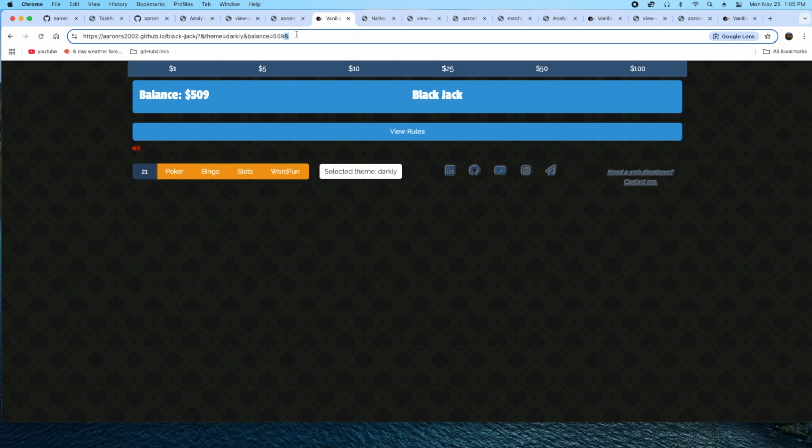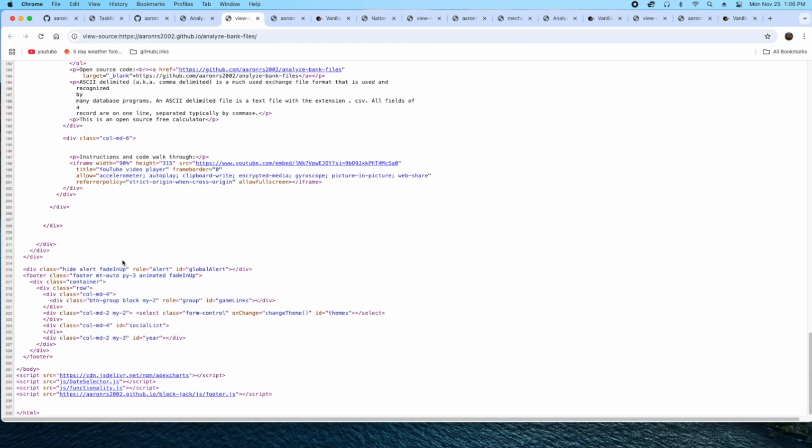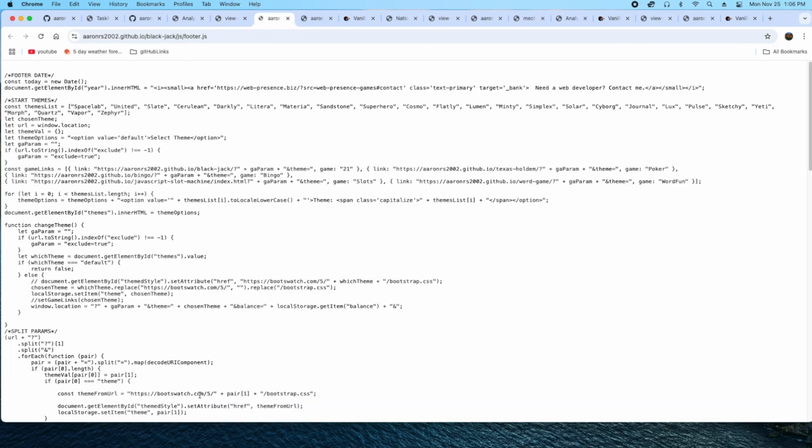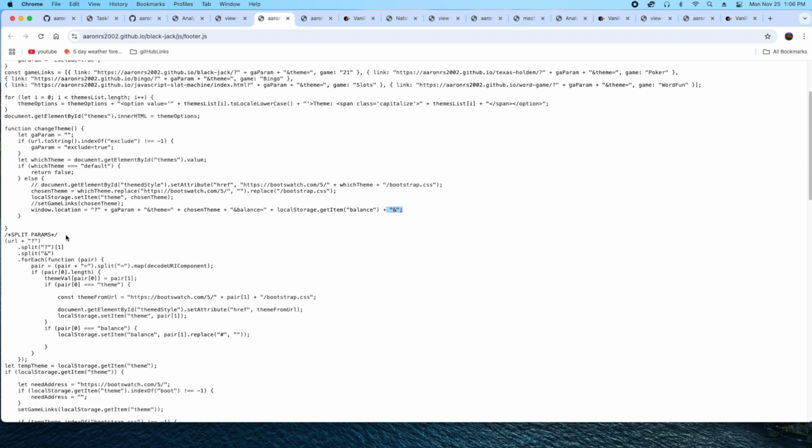So make sure whatever you're doing, as you can see back on the footer, it's designed so that it will have the ampersand at the end, right here. So that's what I'm doing. You get everything to split off here, and you start dividing out by your split. Obviously, the ampersand splits here,